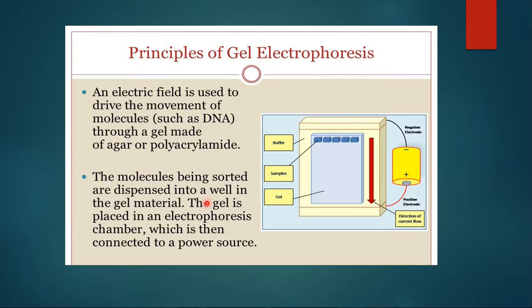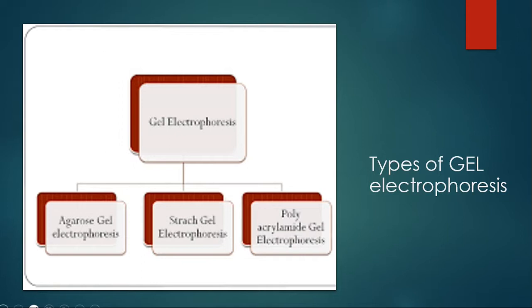In solid form, it is important that the support medium is electrically neutral. The gel should not have any positive or negative nature; it should be neutral. An example of this gel, as I told you, is agar. If the gel is an agar medium, we get agarose gel electrophoresis. If starch acts as the gel medium, we call it starch gel electrophoresis. If it is a polyacrylamide gel, we call it polyacrylamide gel electrophoresis, simply PAGE.